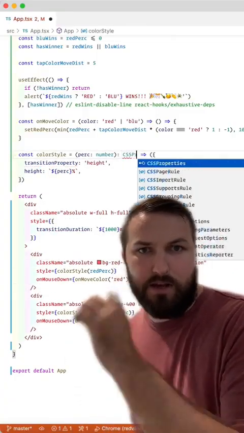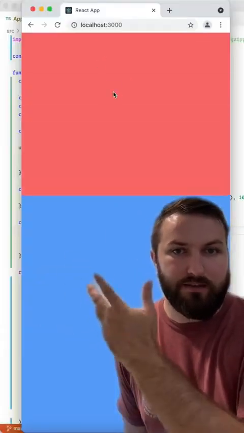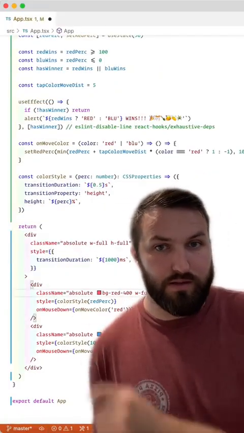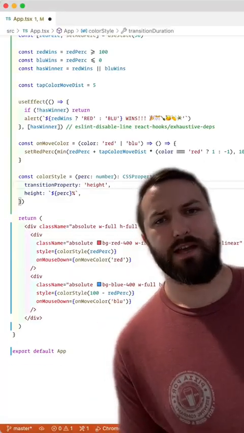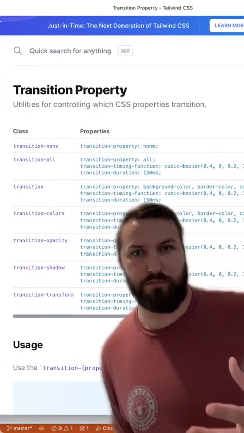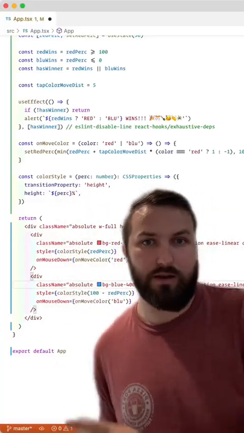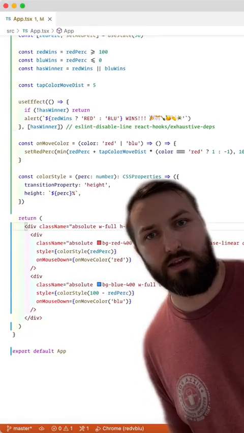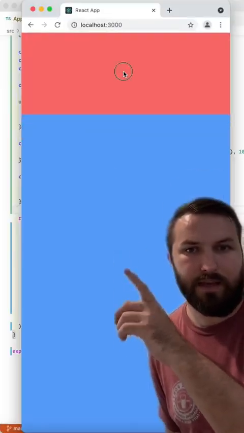And then I make it CSS properties right here, so that I get IntelliSense when I try to type other things into the style object, like duration right there. But then I'm going to unwind that, and instead opt in favor of something more native to Tailwind, which would be transition properties and transition duration. So I grabbed, I think it's the 300, and that looks good. So then I'm going to clean this stuff up. I'm going to apply it, and then I'm going to clean it up and get it out of